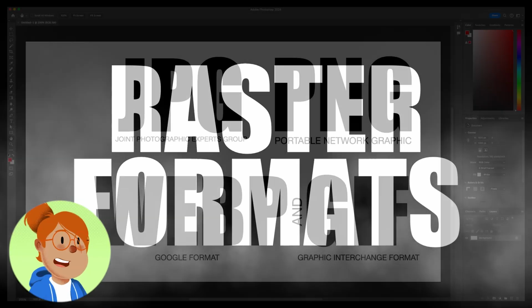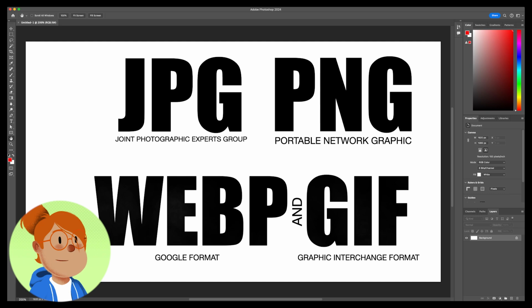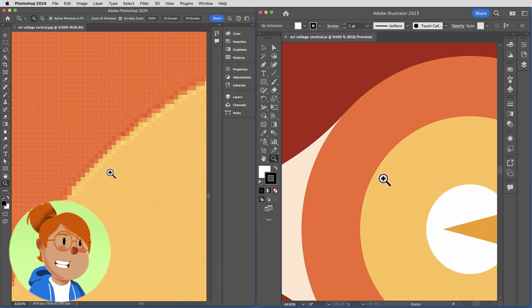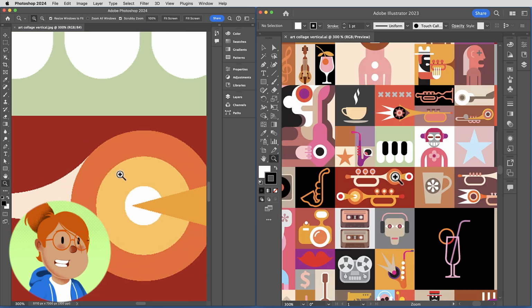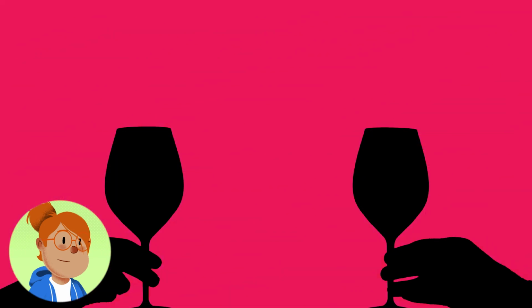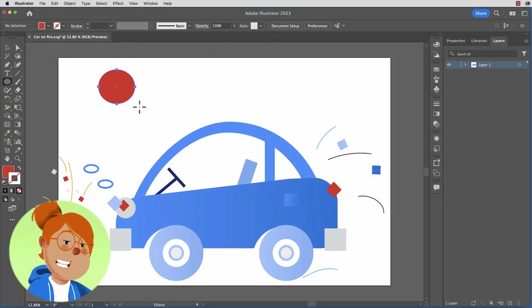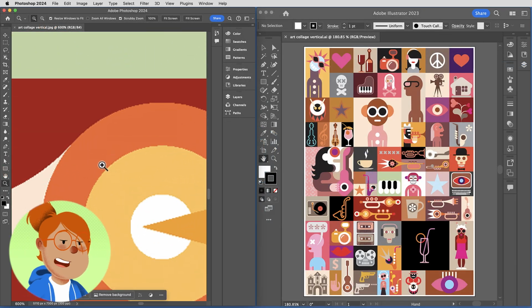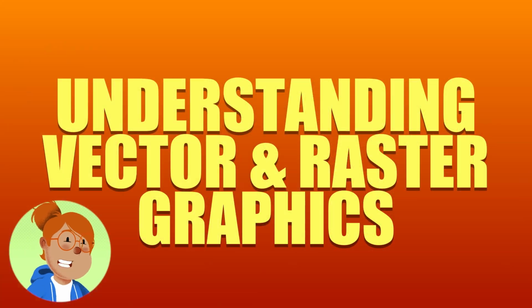Common raster formats include JPEG, PNG, WebP, and GIF. These are suitable for photographs and complex images, but are less ideal for logos and illustrations that require scalability. To wrap it up, as you journey into graphic design with Adobe Illustrator, understanding the differences between vector and raster graphics is essential. Raster and vector graphics are the building blocks of your digital canvas,